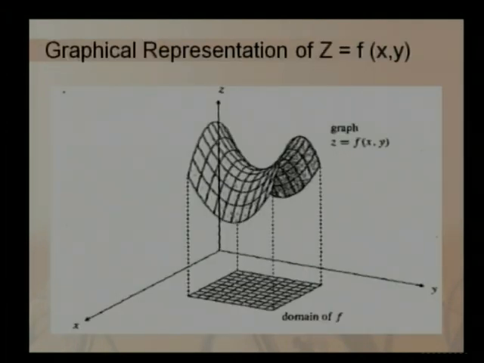This is just the graphical representation of a function of two variables. Here the xy plane is given, which is the domain of f, and for any value shown in the dark part at the bottom, we get the value of the function z is equal to f(x,y). So the given curve is the value of z for the corresponding value of the domain. This gives us the three-dimensional figure of a function of two variables, z is equal to f(x,y).